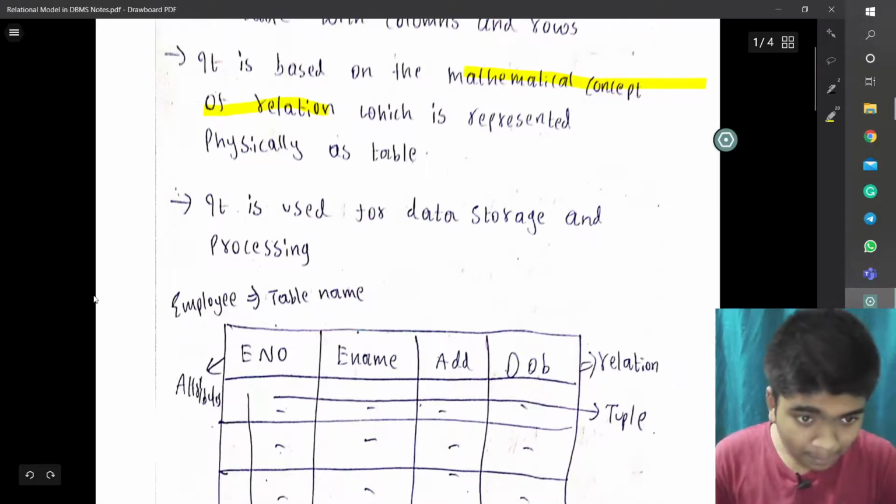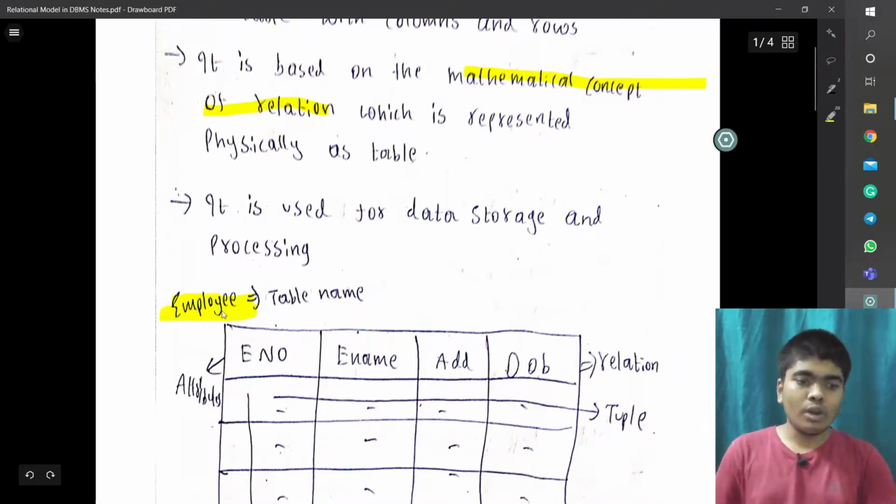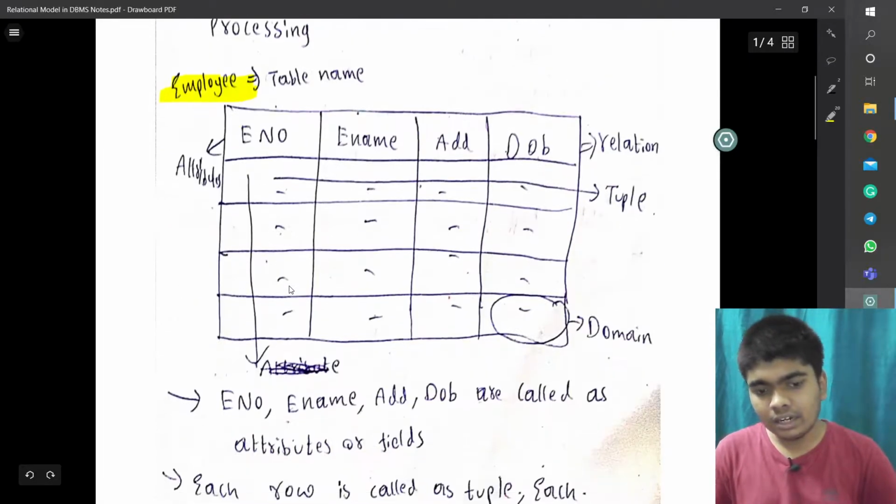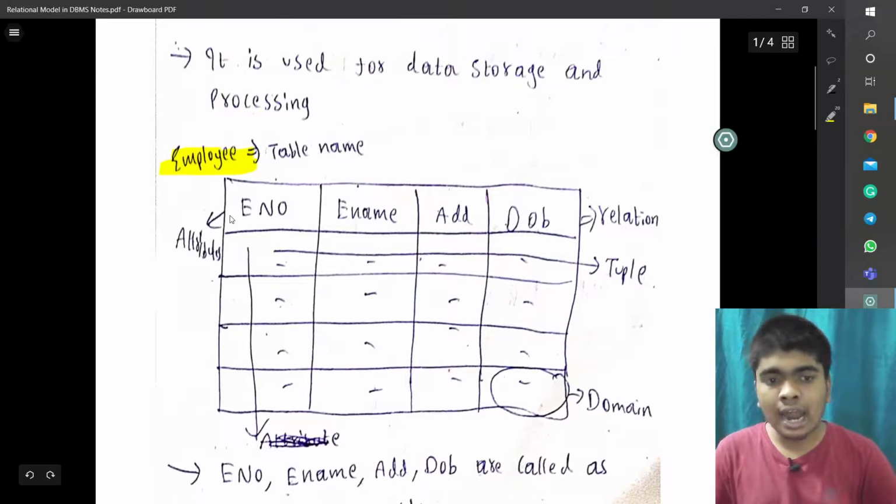Here the table name is the employee table. Employee is the table name, and these are known as attributes. Employee number, employee name, address, and date of birth are the attributes of the employee table.